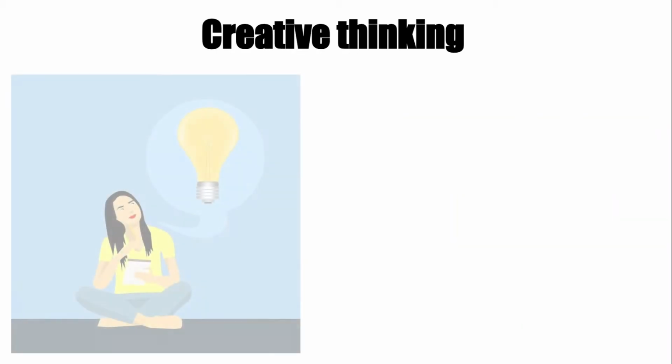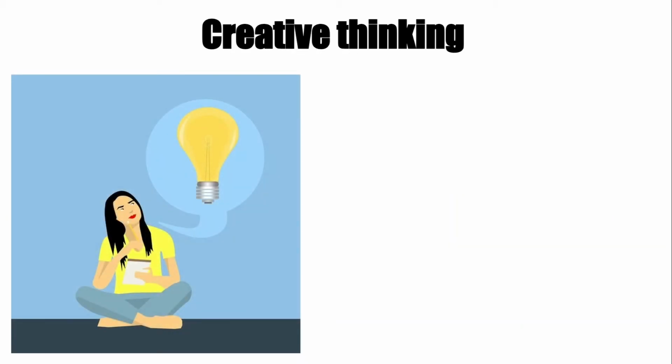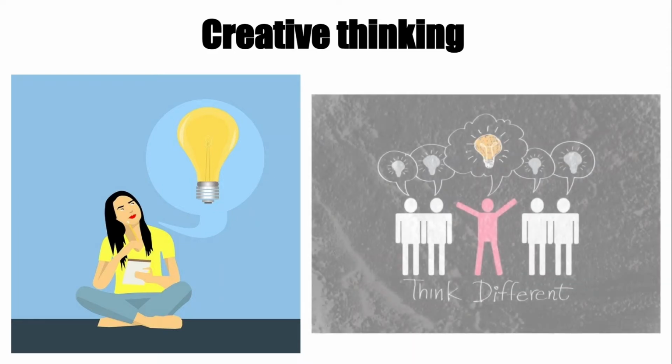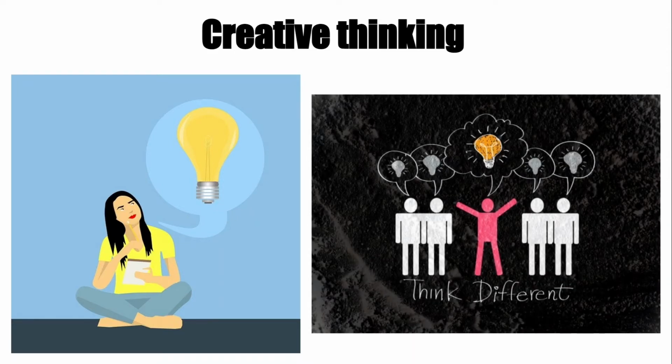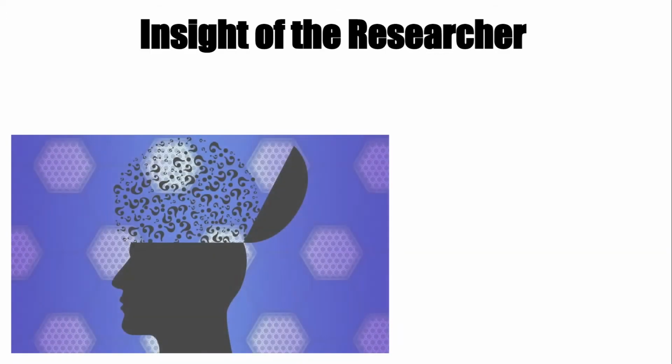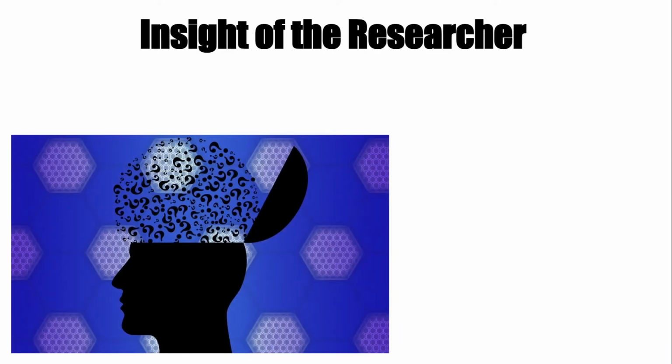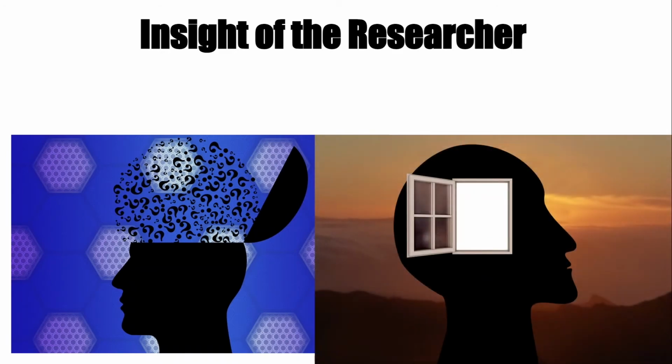Creative thinking. Creative thinking inspires a person to engage in creative work or to do something new. Creative thinking makes a person think differently about the same thing. Therefore, if a researcher does not know enough about the field, he should use his creative thinking ability to formulate hypotheses. Insight of the researcher. Constant thinking on the problem of research and the field of research can develop the researcher's insights. This insight helps him to formulate good hypotheses.